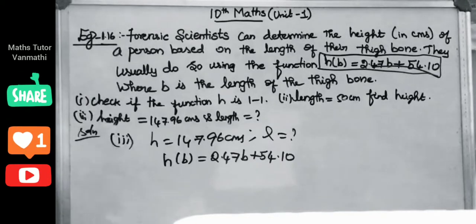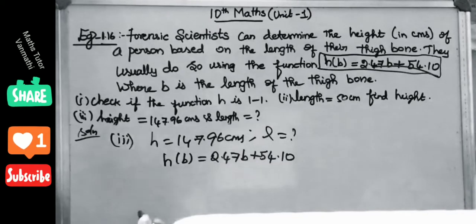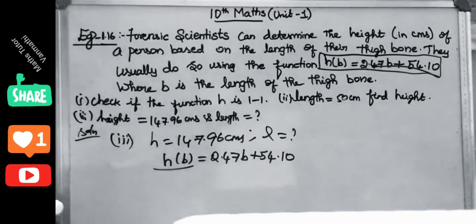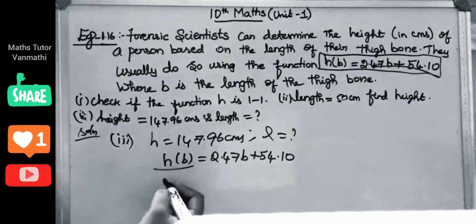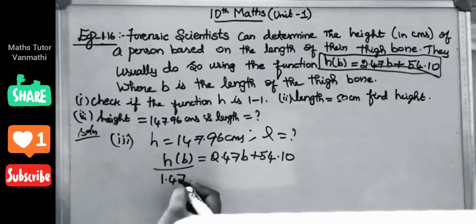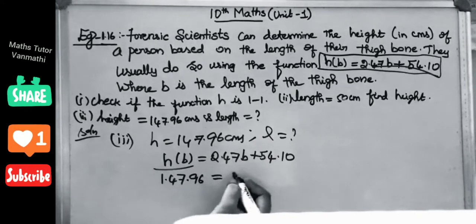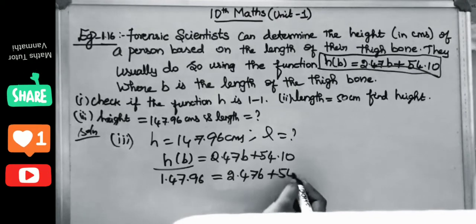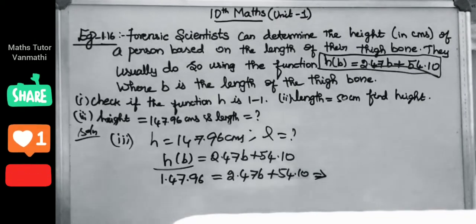Clear? From this we are going to find the length. What is the height value? They have given us 147.96. So 147.96 equal to 2.47b plus 54.10, which implies